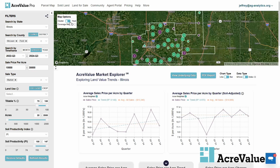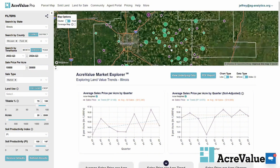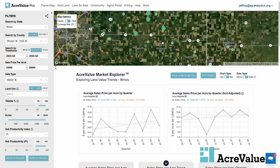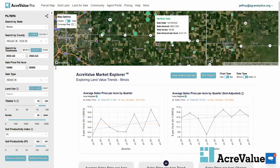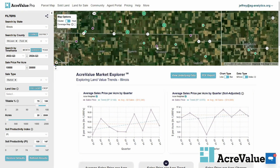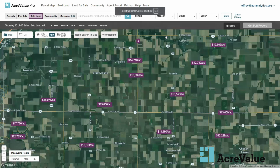Let's go to cluster. And what I'm going to do now is I can zoom in to take a look at some of the different land value data points that are around my area. And so specifically, we'll be taking a look at maybe some of these here. You can see as I move my mouse, each of these data points becomes an individual data point with more information attached to it. I can then select it, view details, and that's going to take me to a page where I can then see all of the land sales show up on my screen here,